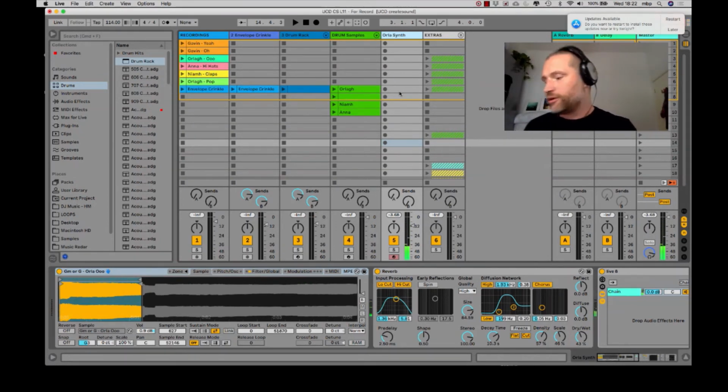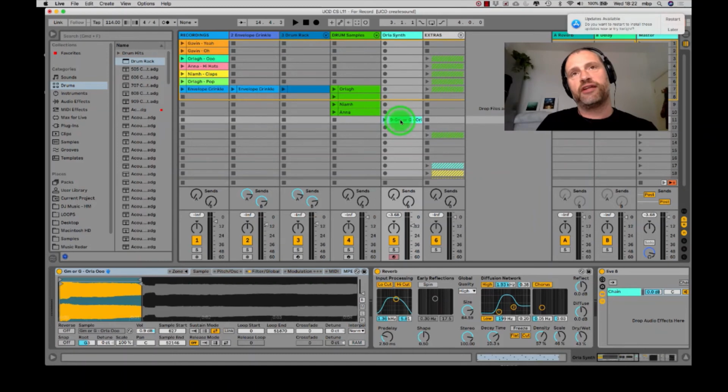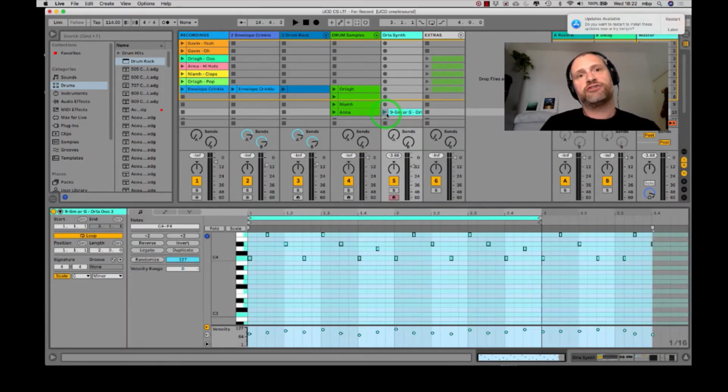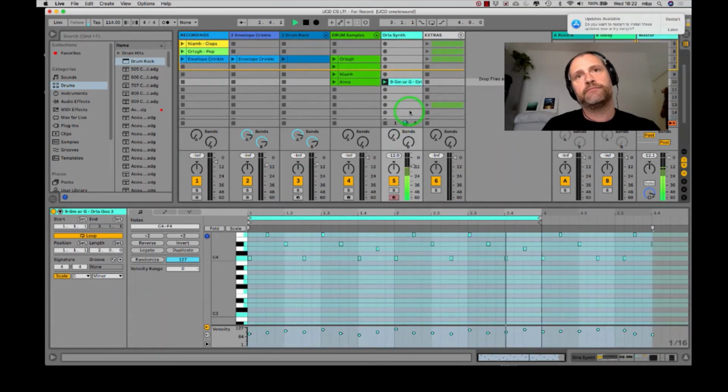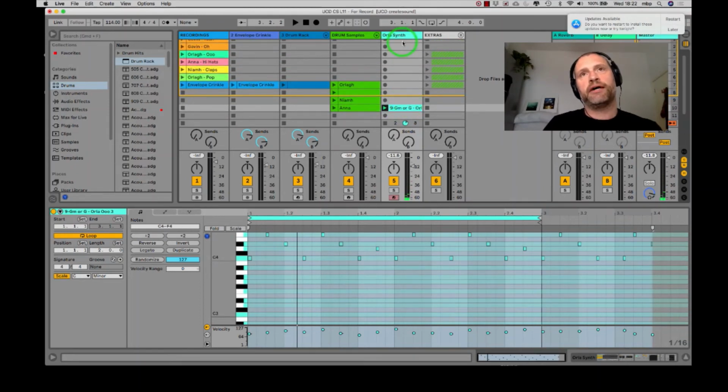So I'm going to try and work with some short notes. Up the scale a little bit. Here's one I recorded just a moment ago to save us a little bit of time. So just a little selection of notes going up and down. So we're turning our Orla U into a little bit of a melody pattern.